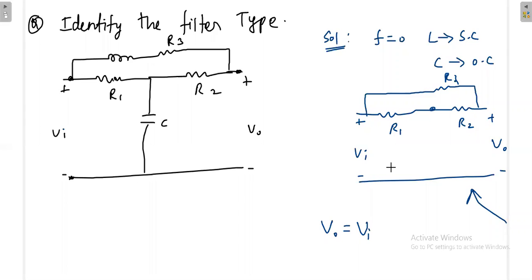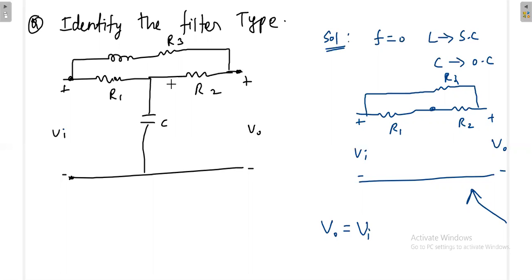You should not struggle. Just by seeing the problem you have to tell the answer. You apply your common sense, or you go by any method, no problem, KVL, KCL or any other method. Finally you'll get V naught is equal to Vi. The relation between V naught and Vi is that they are exactly the same. If I solve this, it is time consuming, so please solve it yourself. If you're not getting the answer, I will solve it. V naught is equal to Vi.